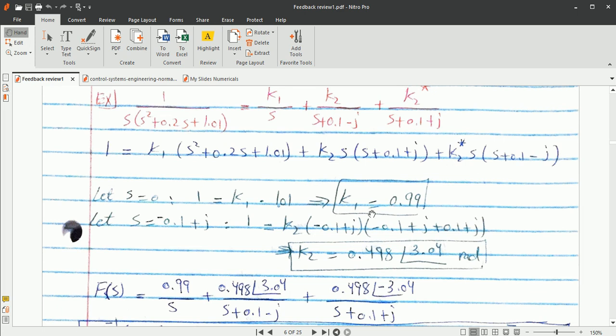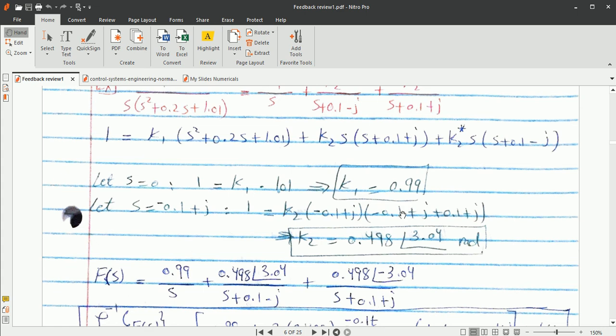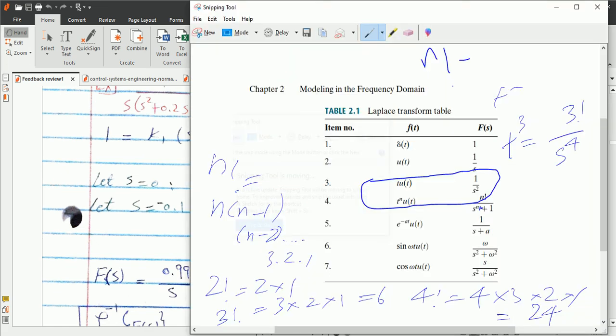Okay, so what he has done, the basic complex numbers you must be able to